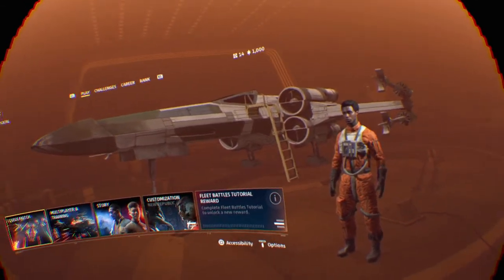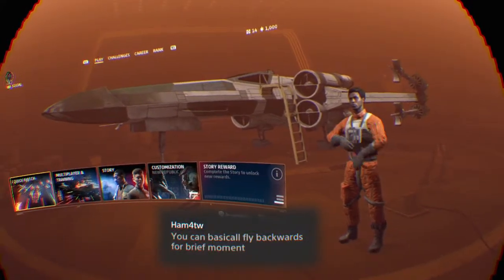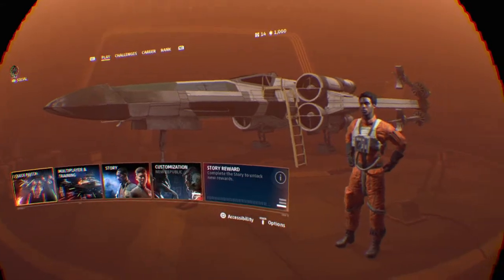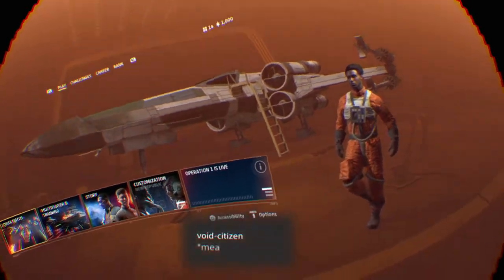And the other thing is, when you lock on a target, you can basically fly backwards for a brief second. Okay. Cut throttle, I mean, okay. So,